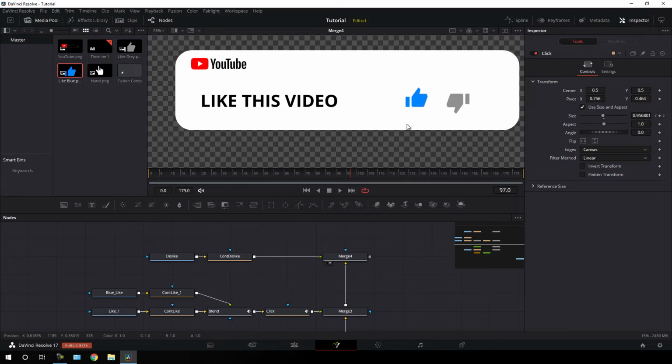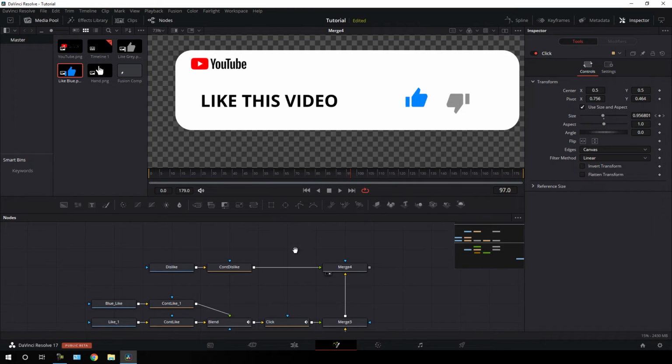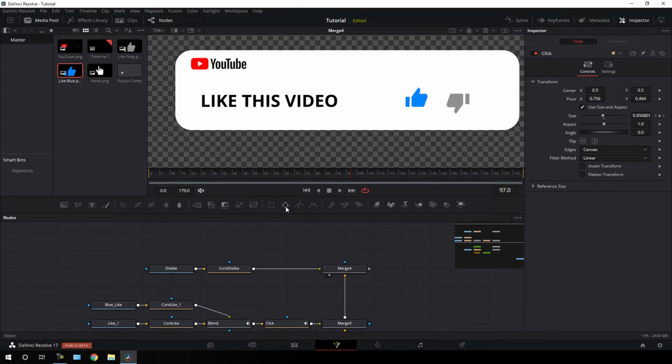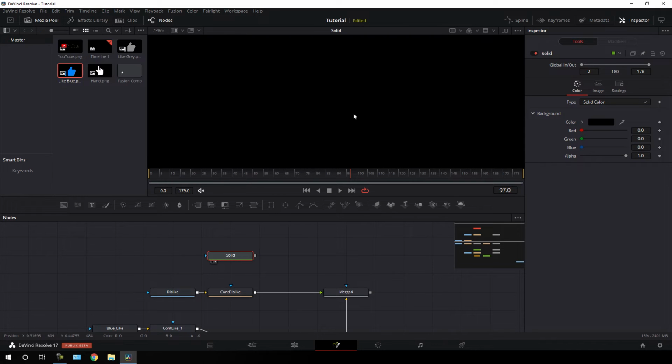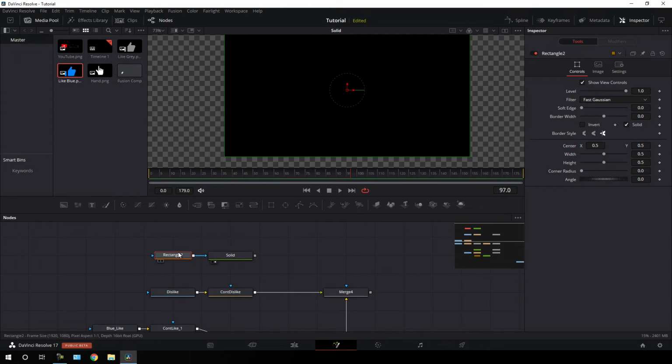And after that, we have to create an animated line over here. So what we have to do, we have to take one more background node. So just drag this background onto this flow window and hit F2 on the keyboard, call it solid. So this is our solid color. And now let's attach our rectangle mask with this. So select this one, click on this rectangle, and this rectangle is going to be the line. So hit F2 on the keyboard, call it line,